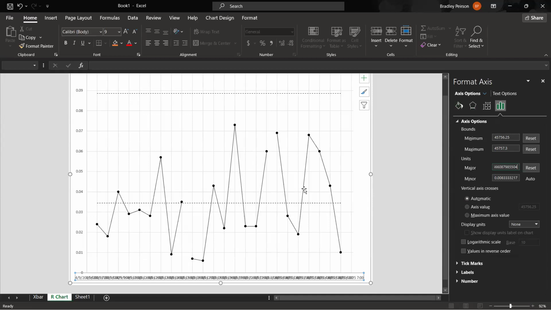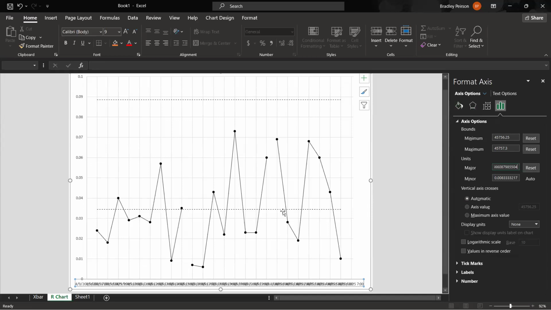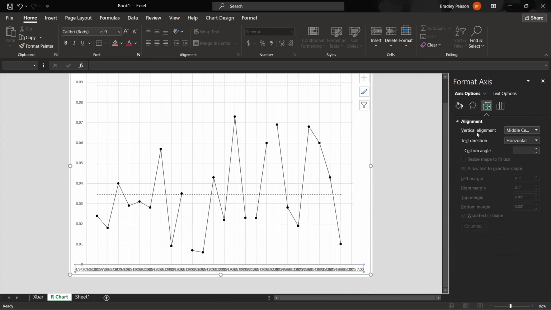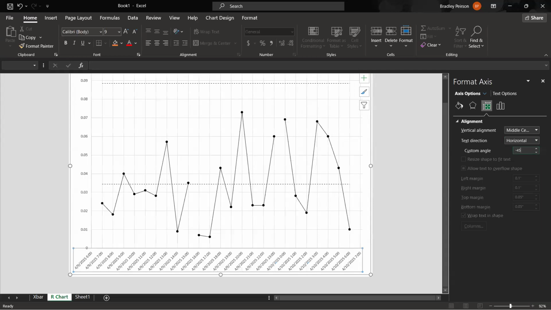Now they are, I think we would agree, somewhat less than readable. So we'll angle them the same way we did on the X bar chart. We do that by coming over here to the alignment, size, and properties, and then under alignment, we're going to leave this as horizontal, but when it is set to horizontal for text direction, we can also change the angle. So I'm going to set this to minus 45 degrees to get it angled the same way that our